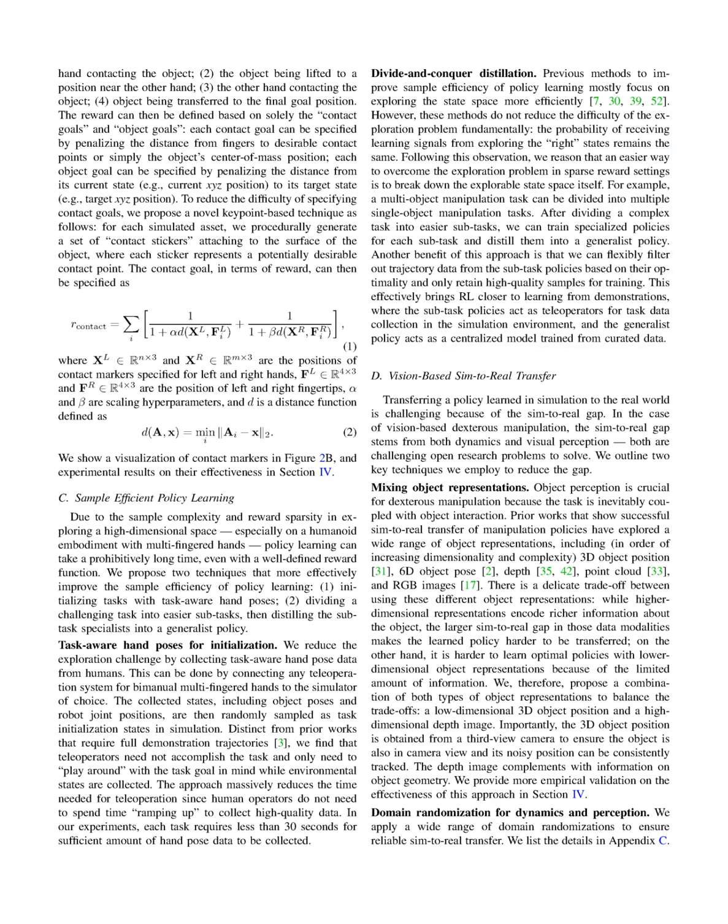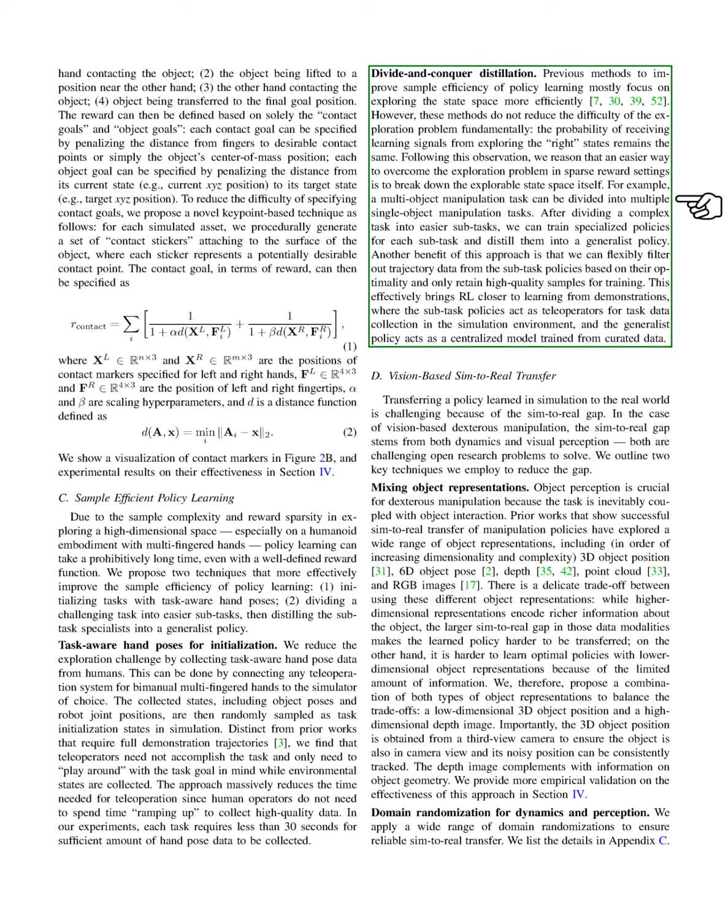Section Summary. In this section, we discuss the importance of designing adaptable reward mechanisms for reinforcement learning (RL) in complex tasks like dexterous manipulation, proposing a scheme that breaks tasks into contact and object goals to simplify reward specification. We also introduce techniques to enhance sample efficiency in policy learning by using task-aware hand poses for initialization and dividing complex tasks into manageable subtasks, allowing for the distillation of specialized policies into a generalist model.